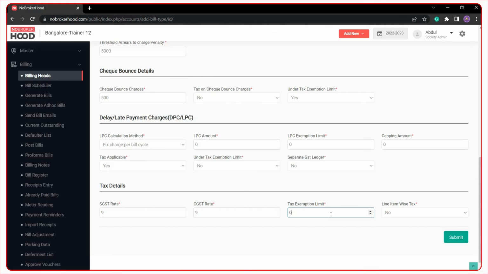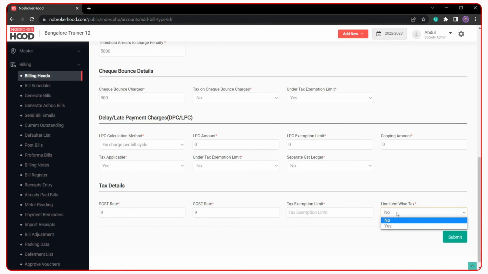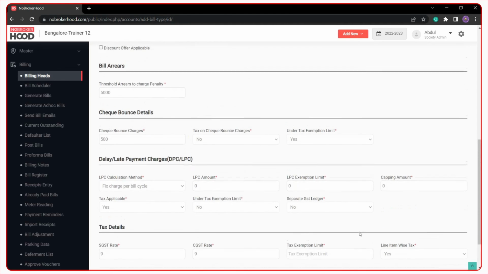Over here they can define state GST, central GST and tax exemption limit. If the society falls under a Resident Welfare Association, generally the tax exemption limit is specific here. They have to simply click on yes or no depending upon the line item.